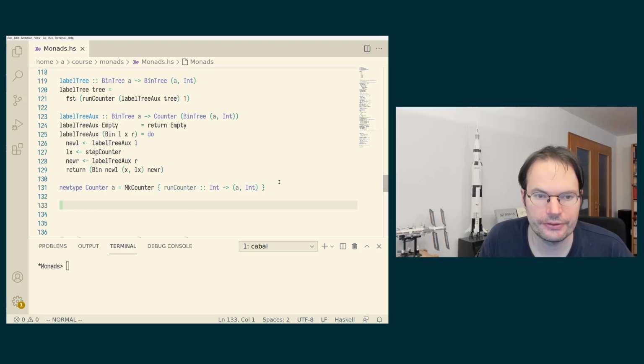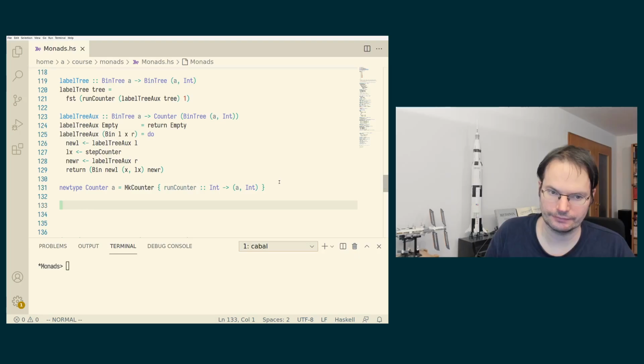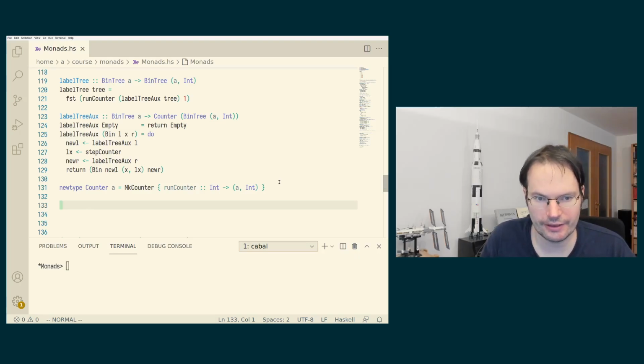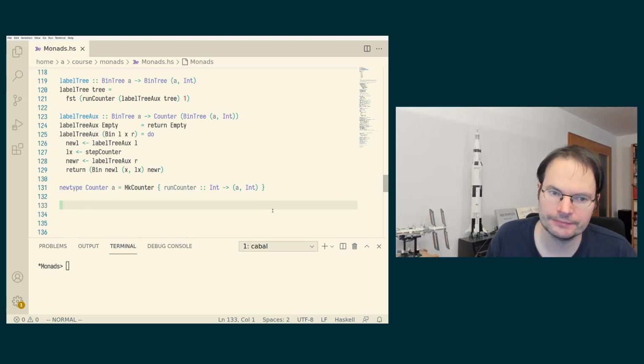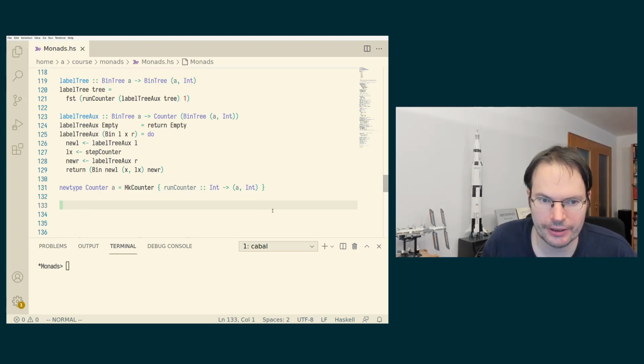Okay, so what have we actually achieved now? We have defined a counter type that wraps such a function from int to a pair of an a and an int. We have wrapped that in a new type, and we've made that counter type an instance of the monad class. That is nice. I mean, it allows us to do this tree labeling thing, but actually this pattern is rather